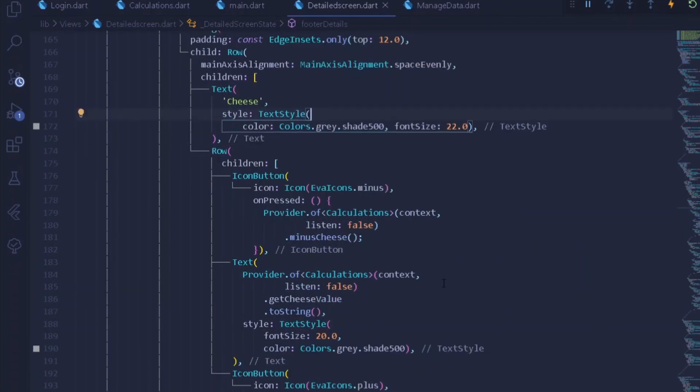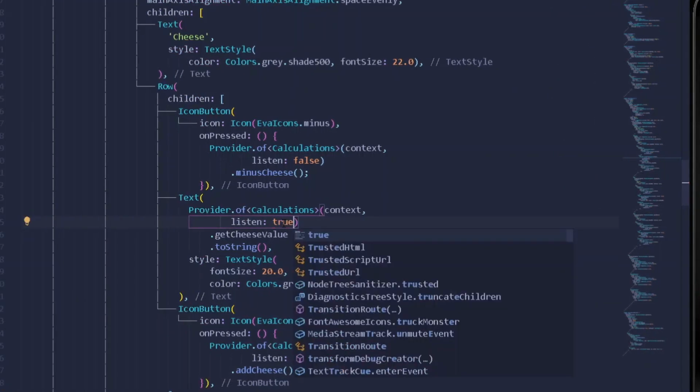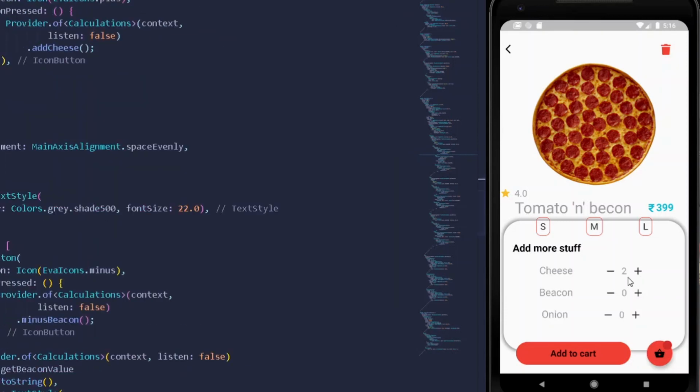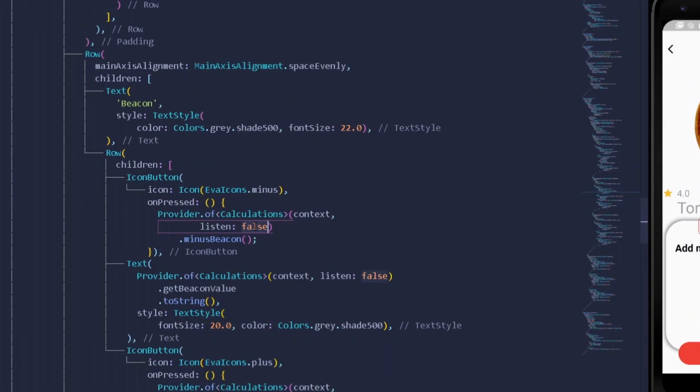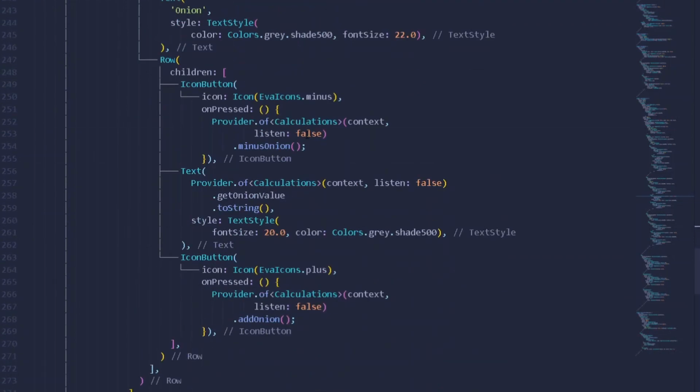Now let's try them out one more time. After pressing this, nothing shall be happening for now. To make it happen, let's make it true. After pressing this, the value is changing one more time, because we are simply rendering our entire UI. So we need to make the following thing true. Let's go down, alright, make it 0. Let's go under our bacon and simply change it to true under our text, true and true.